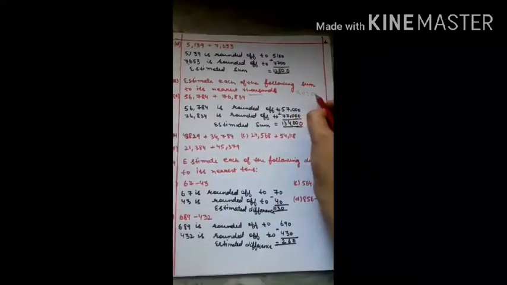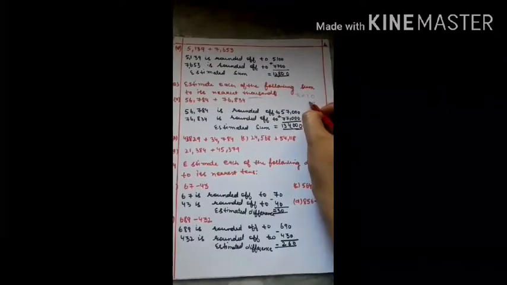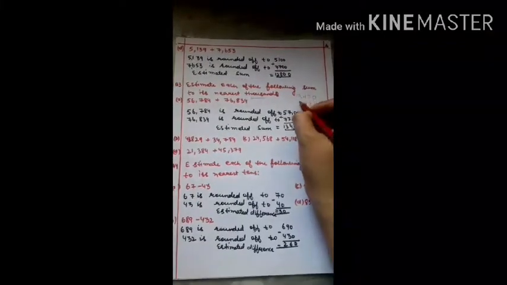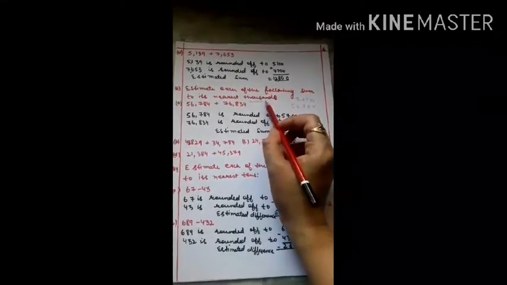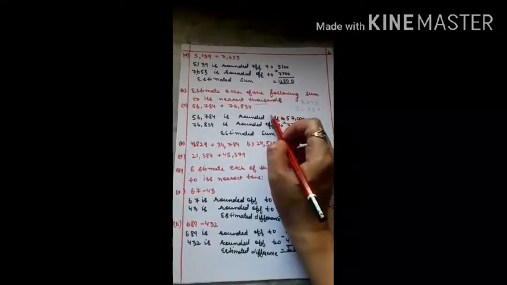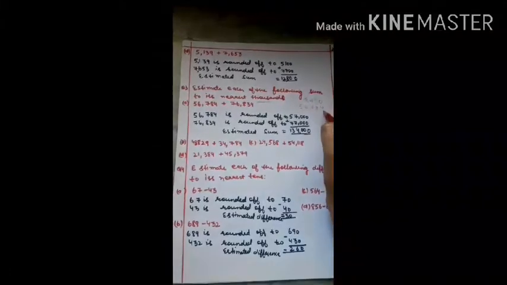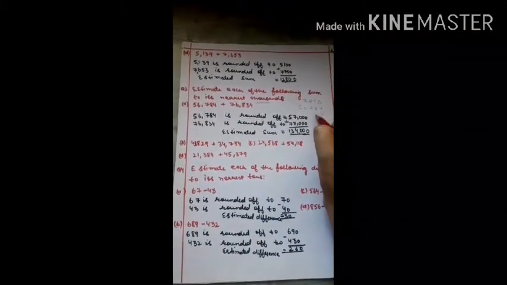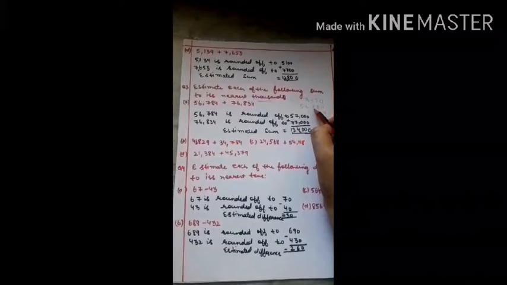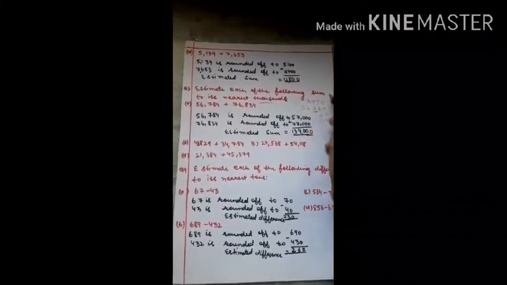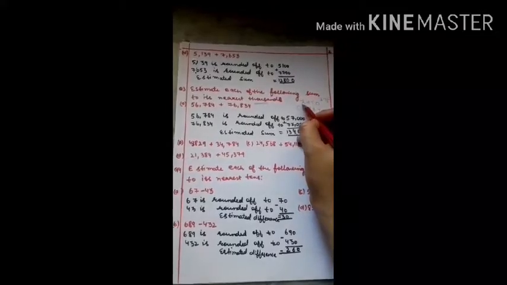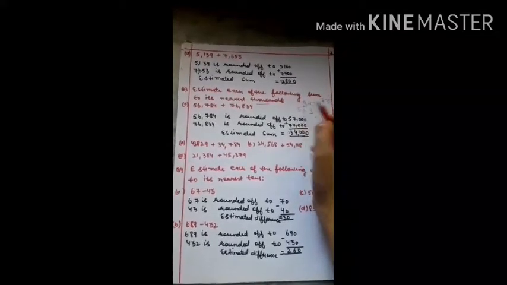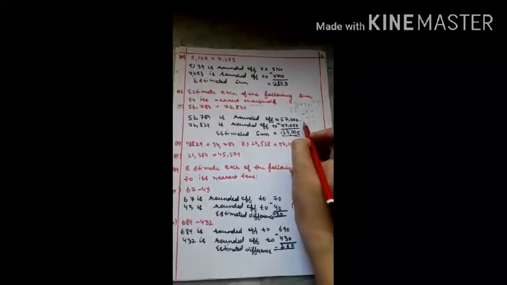We have the digits 4, 8, 7, 6, 5. You have to round it off to the nearest 1000. Getting my point? At the ones place you'll write 0, at the tens place you'll write 0. What do you have to look at? You have to look at the digit at the hundreds place. 7 is greater than 5, so 1 is added to the digit at the thousands place. You'll add plus 1 here, it becomes 657,000.